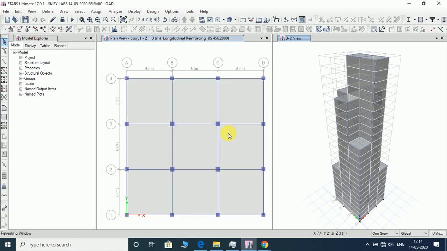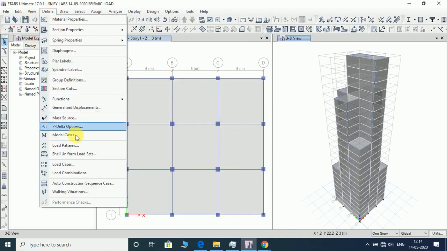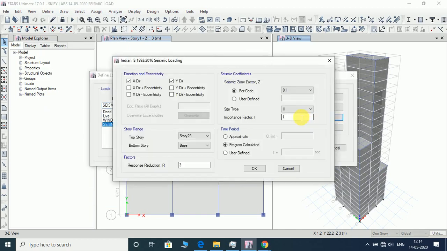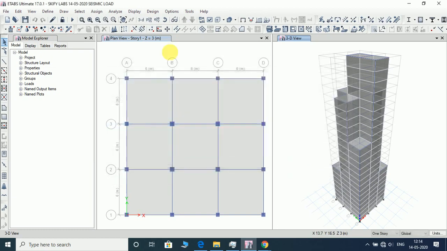Okay, first unlock the model, then define load patterns in seismic. Modify lateral load. We keep it in only one direction, rather whole part remains the same. We keep it in the same. Okay, now define